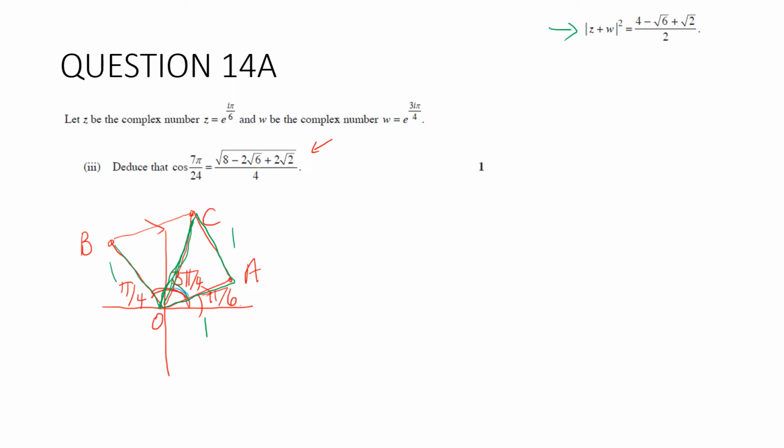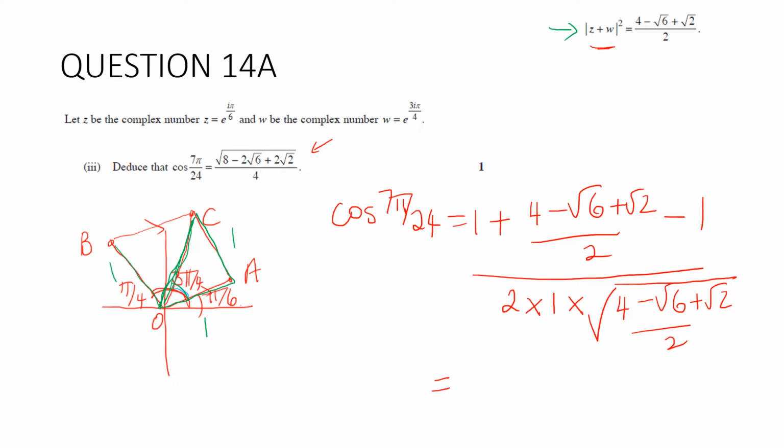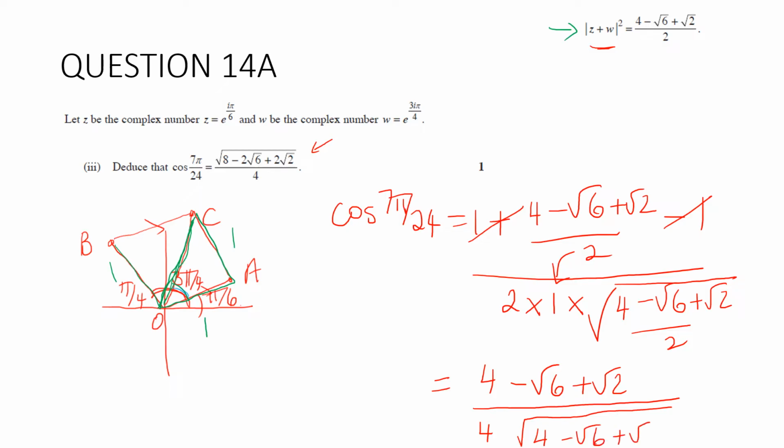So we're just going to use the cosine rule. So cos 7 pi on 24 will equal 1 squared plus this guy squared, which is 4 minus root 6 plus root 2 on 2, take away 1 squared, all over 2 times 1 times the square root of 4 minus root 6 plus root 2 all over 2, which is equal to 1 take 1, that's gone, and we've got 4 minus root 6 plus root 2 all over, that 2 is going to fall down there, so 4 square root, I'm going to run out of room, 4 take root 6 plus root 2, and I've got a square root of 2 there that is going to come up the top,